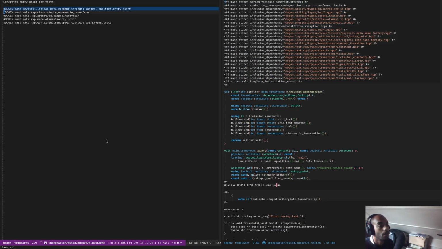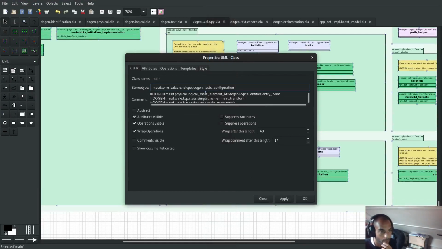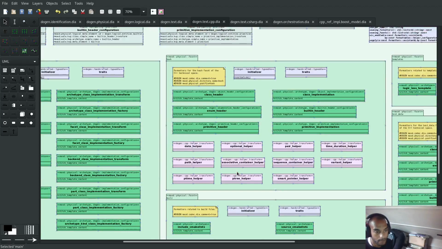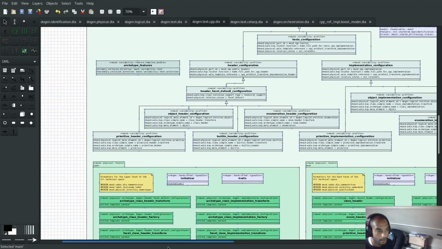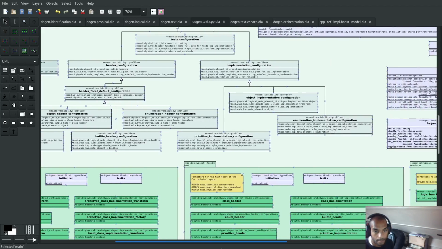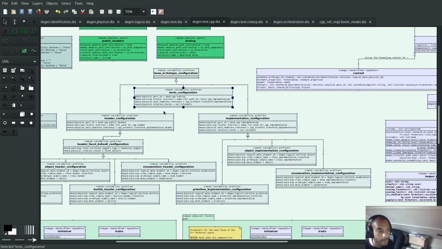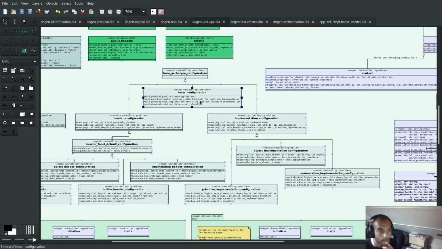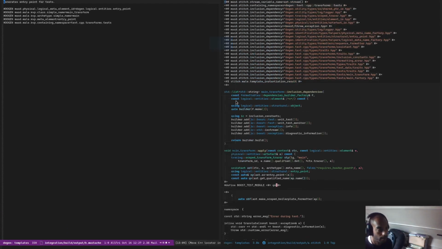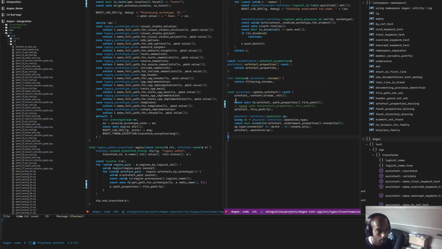So, no mention of the wale template there. We know we are an archetype and we use the test configuration. So let's have a look at the test configuration. There we are. The test configuration has a wale template of artifact transform implementation. But more importantly, full path for test CPP implementation. And this guy is calling